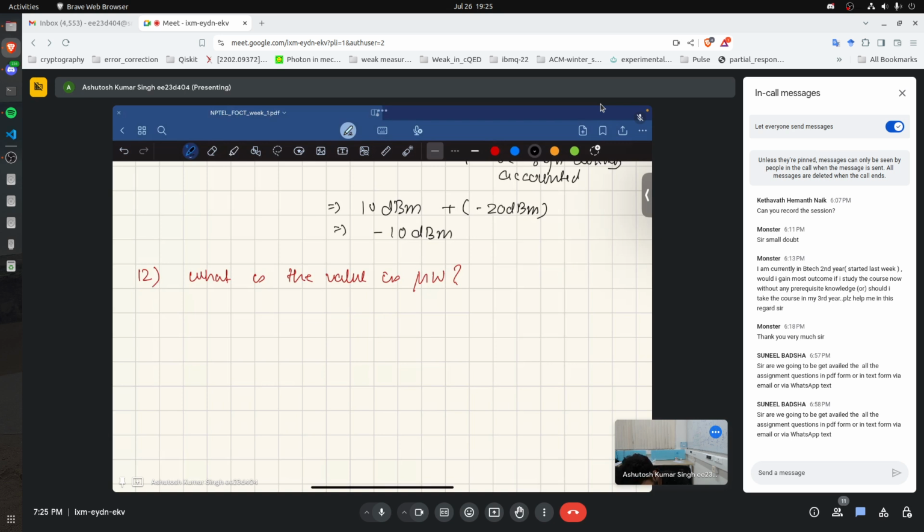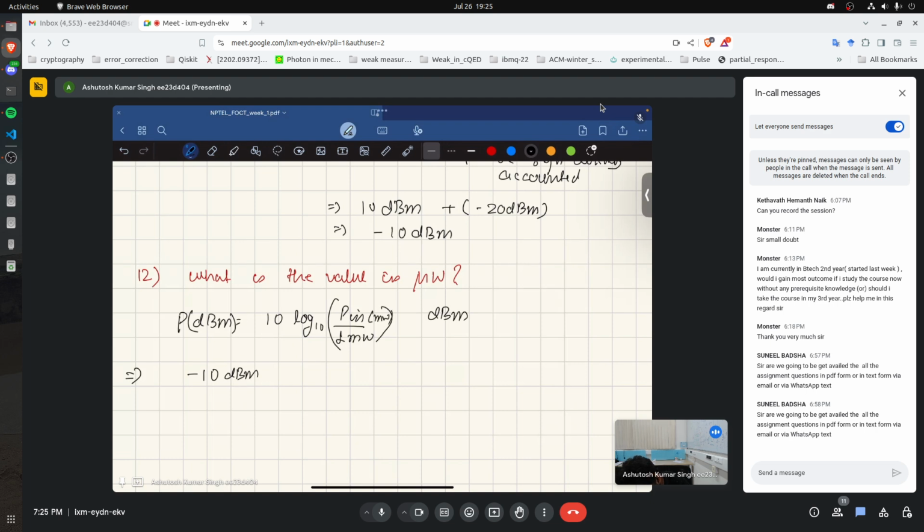So we already had the expression where dBm is equal to 10 log 10 P in by 1 milliwatt. We will reuse the same expression. We are given minus 10 dBm